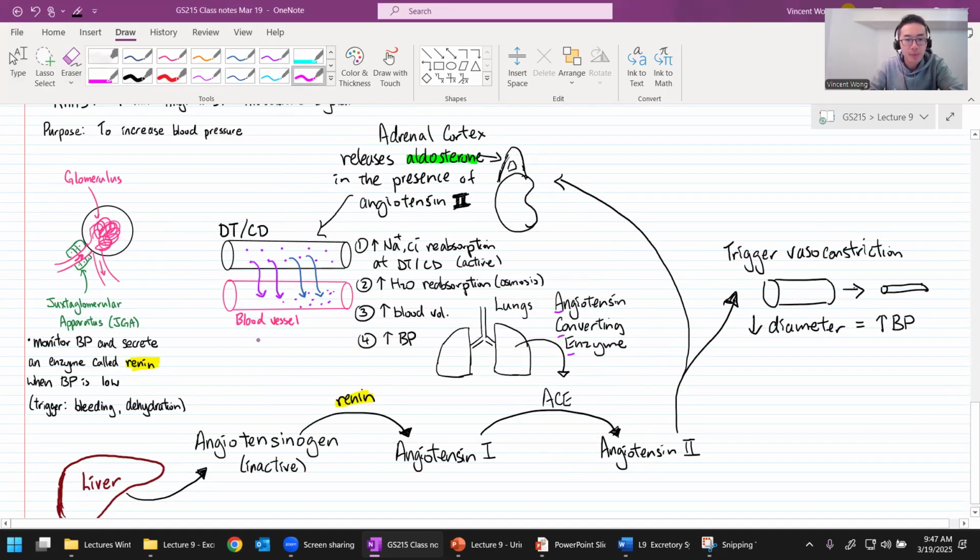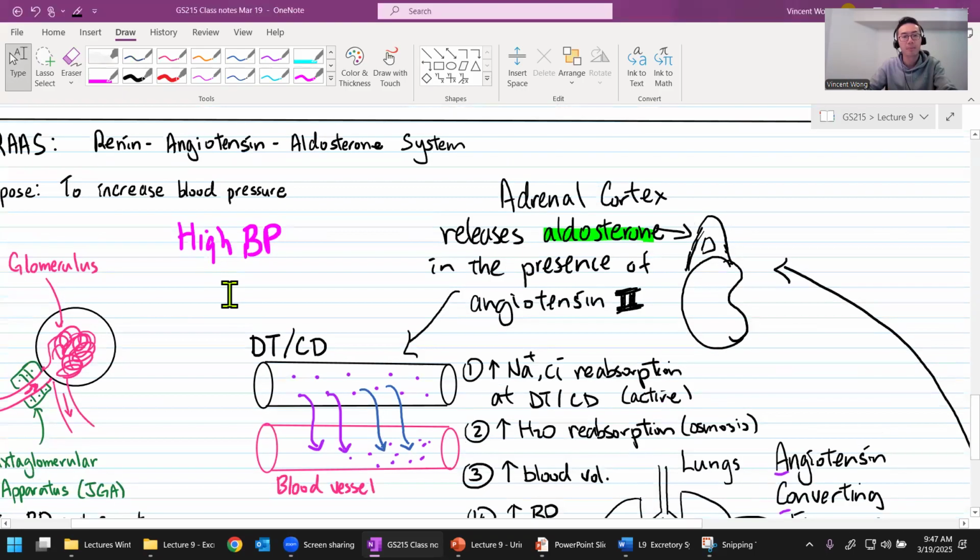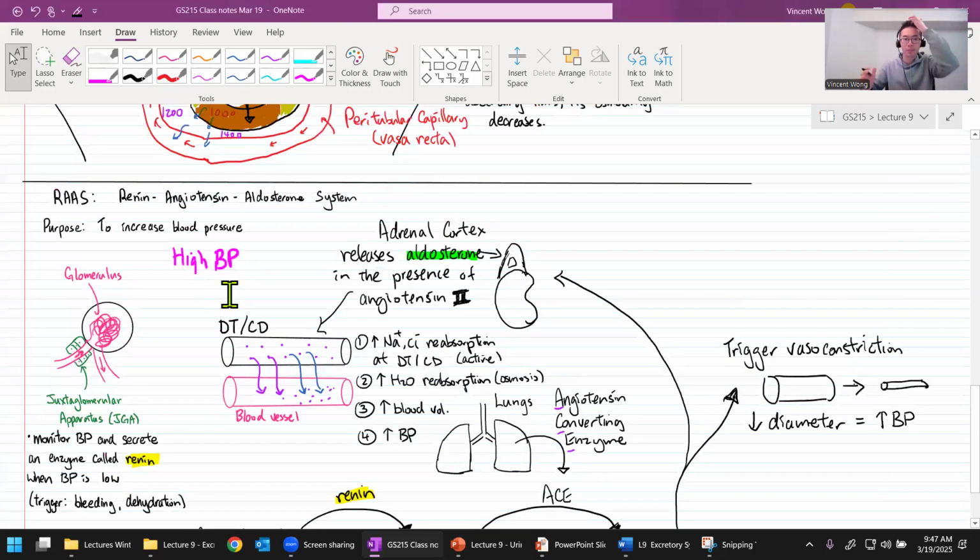So let's say we have high blood pressure now, high BP. And that could be caused by, again, different reasons. Maybe you have too much sodium in the body. Maybe you are chronically stressed. Okay. Then what happens is the heart